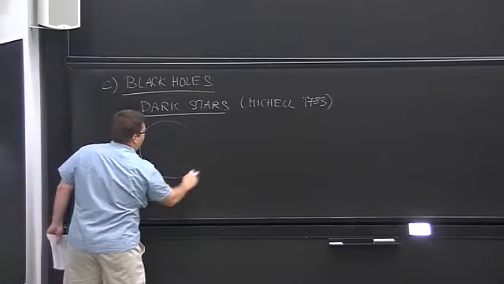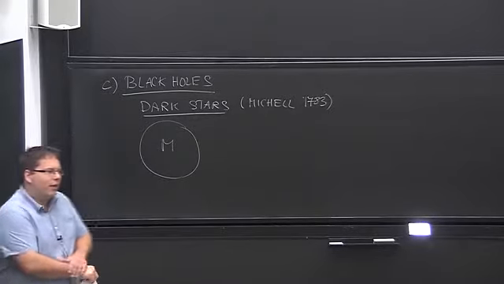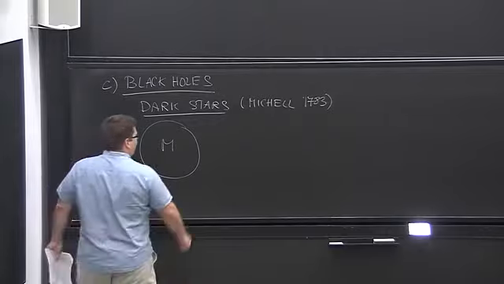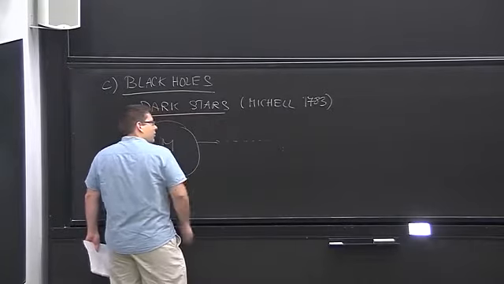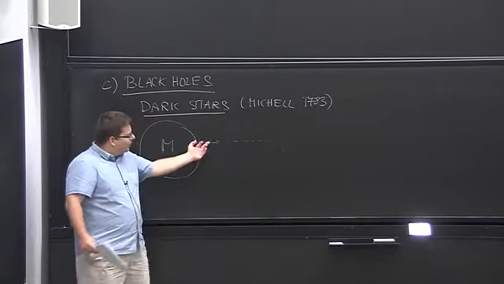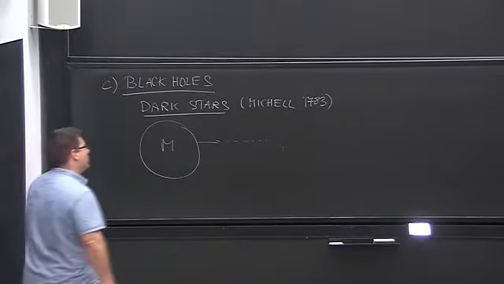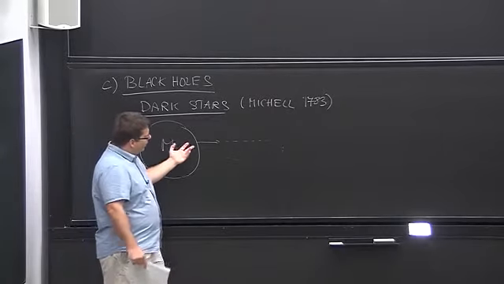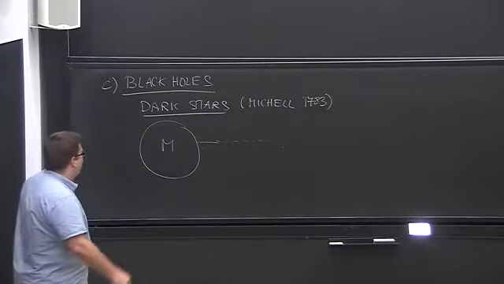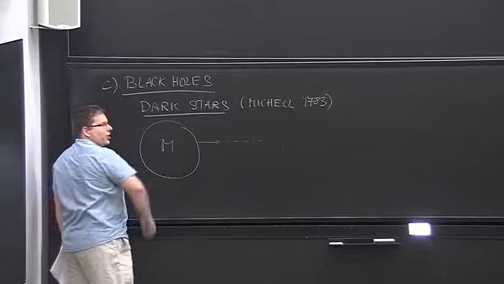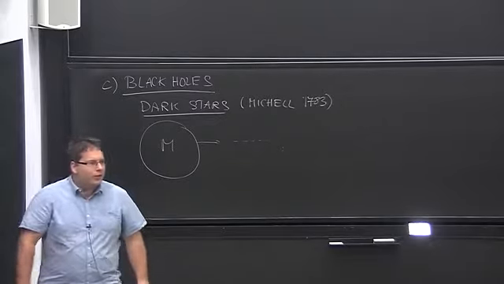So you have a star with mass m. And so then you may be calculating what is the escape velocity from the surface of this star. So if I shoot something with not enough velocity, the thing will come back. It doesn't have enough kinetic energy to escape the gravitational field of this star. And so, of course, the escape velocity is telling you how fast I need to go to escape all the way to infinity. So now, what this guy was saying, well, maybe there are some stars which are so big and so massive that even light cannot escape from their surface.